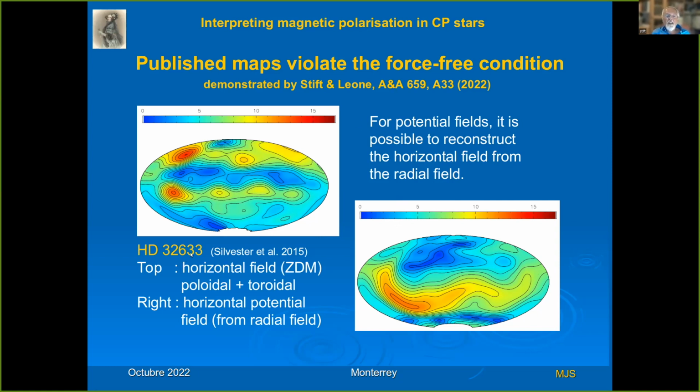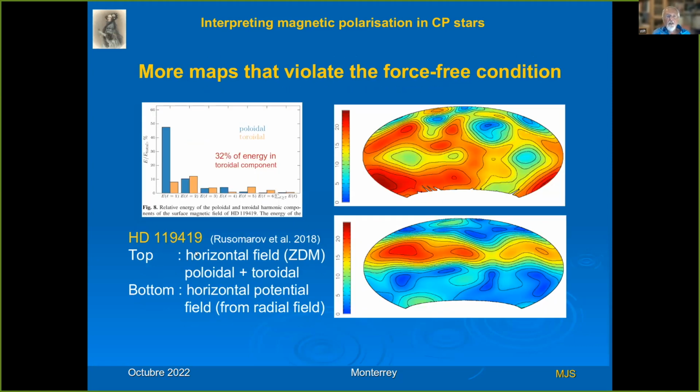And these stars here, the field must be absolutely force-free. There's no way around it. Another one is HD